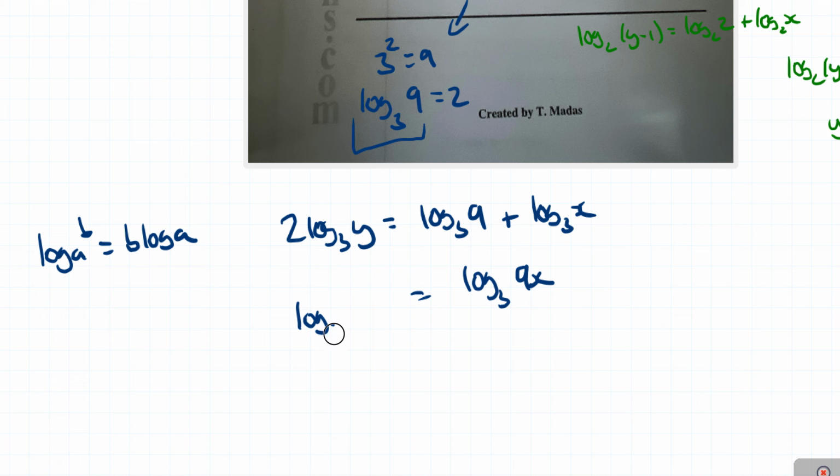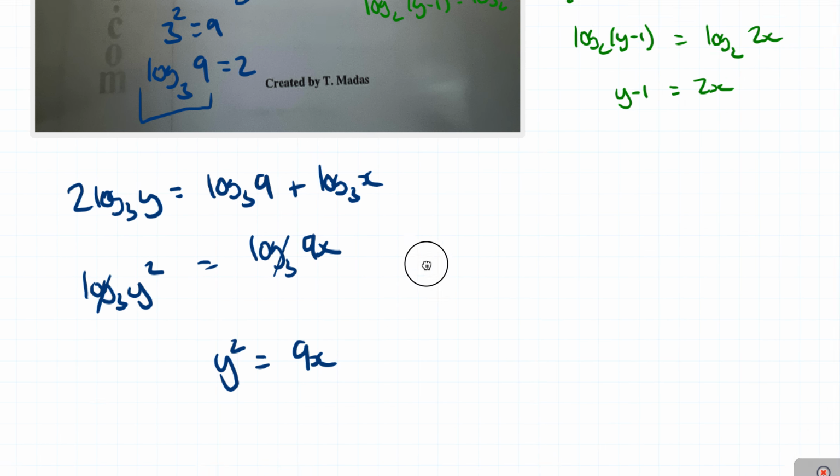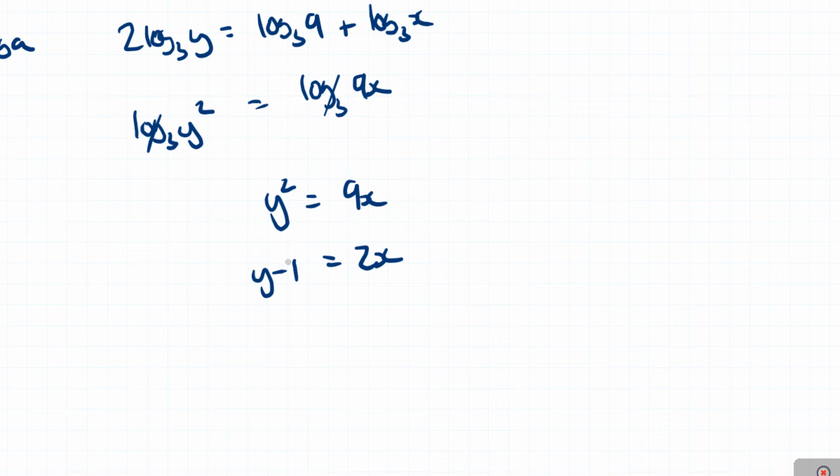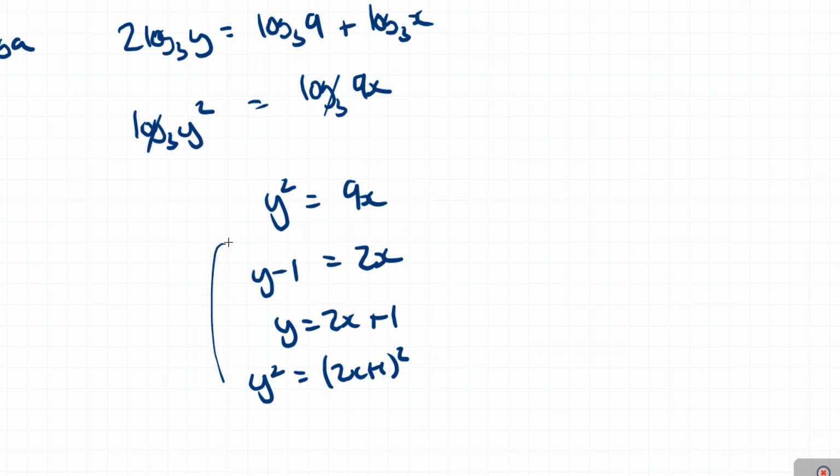So here we're going to end up with log base 3 of y squared, and here we can cancel the logs, and we get an equation y squared equals 9x, and then we've also got y minus 1 is equal to 2x. From here we can do a quick substitution, so y is equal to 2x plus 1, and therefore y squared is equal to (2x plus 1) squared, and then we can substitute that into our equation here, so it's 2x plus 1